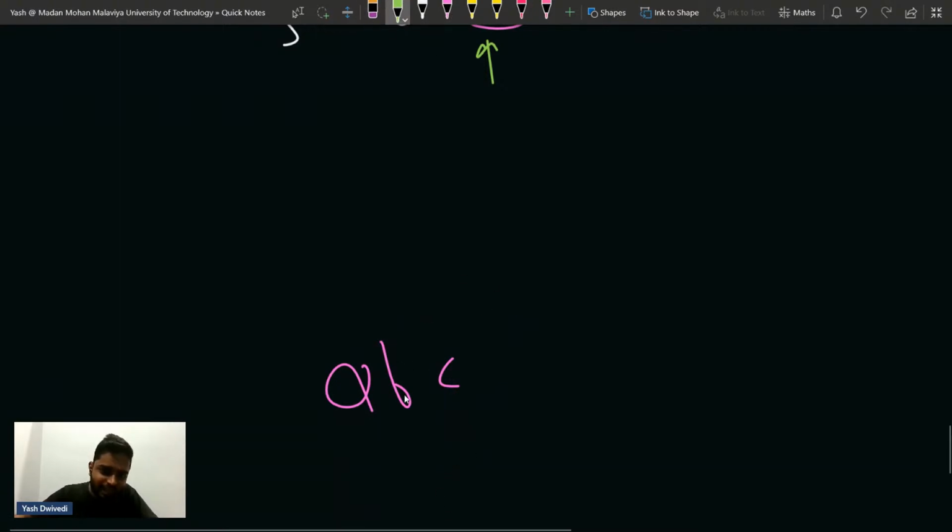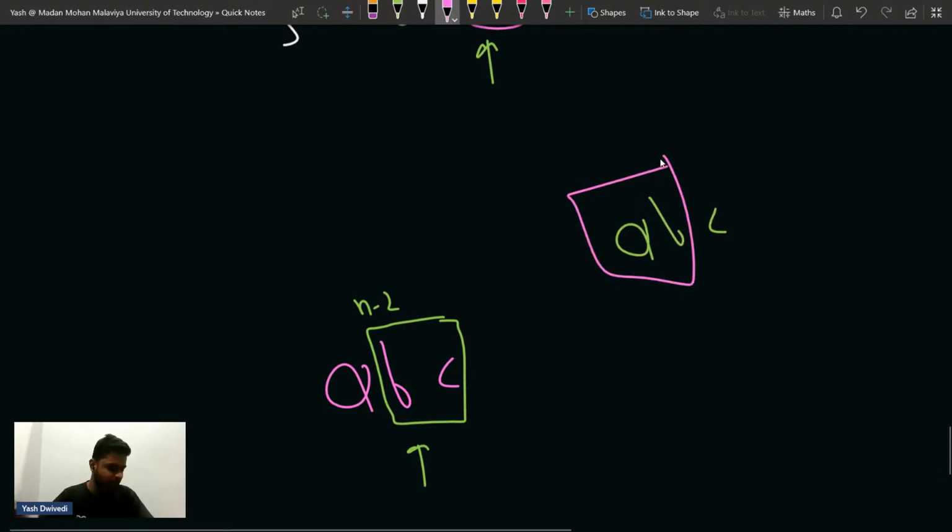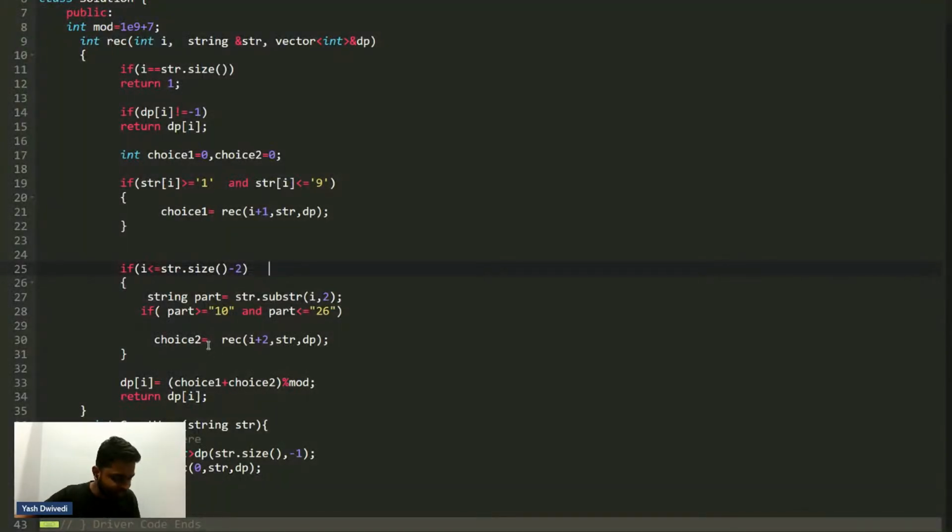So what you need to check is that if your I is lesser equal to n minus 2, right. Are you clear with this? That is only when you can have two characters at least. Or if you have ABC, if it is lesser than this thing, then only you can have at least two characters. That is what you can check. So that is when we are taking out this part,